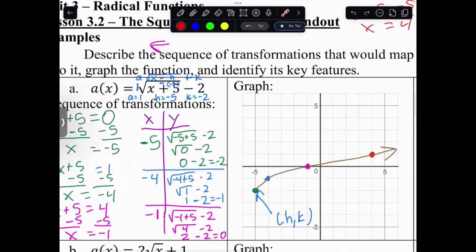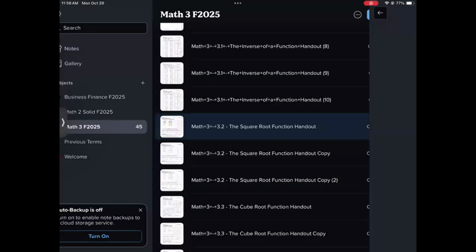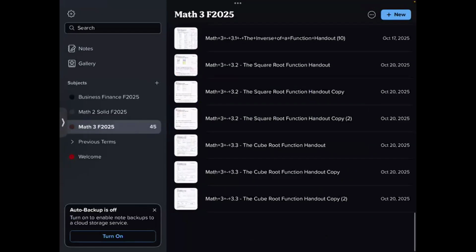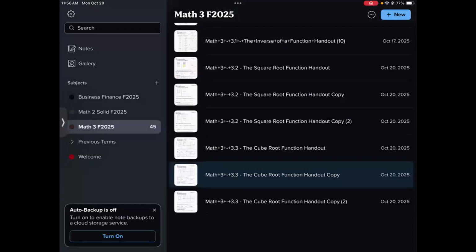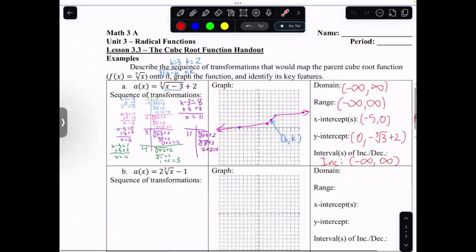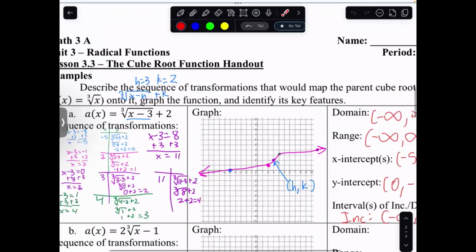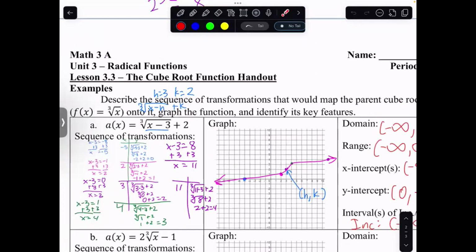Questions on that one? No. Okay, so for the rest of this page, you can check it on Canvas, but I wanted to give you guys